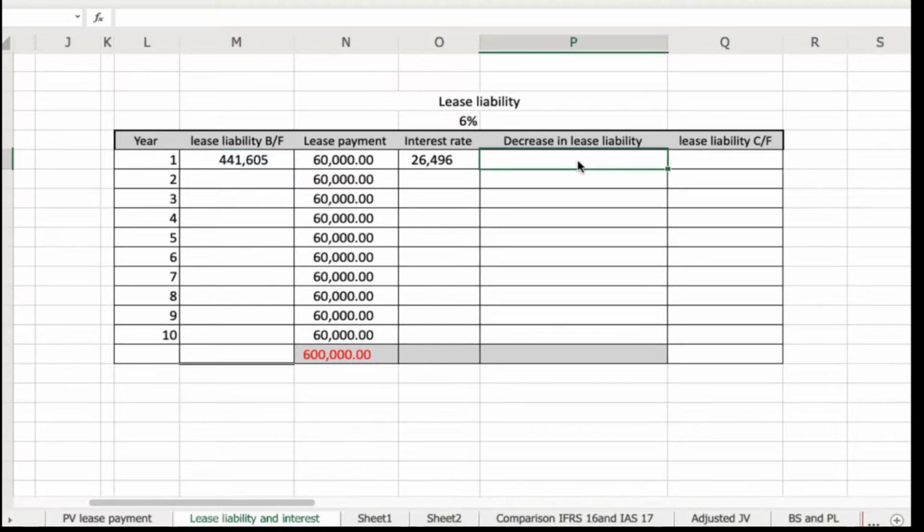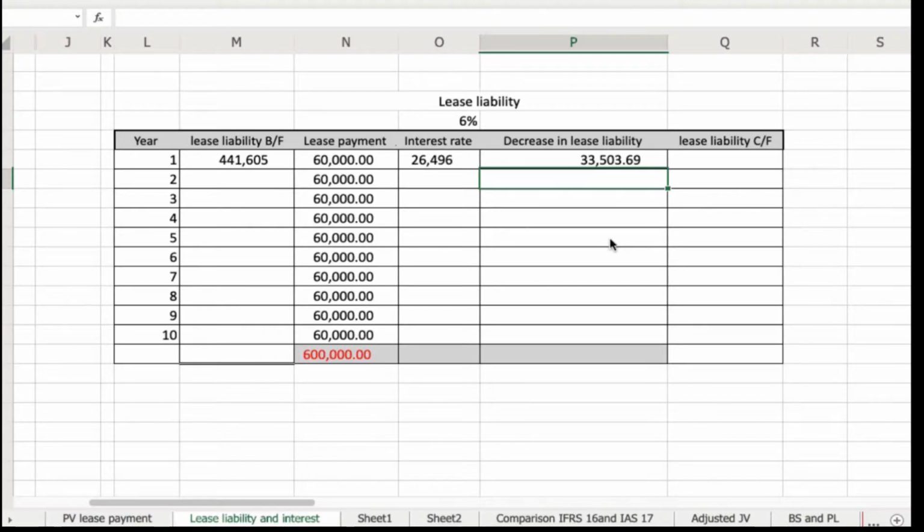Here, in order for us to calculate the decrease in lease liability, it is calculated as the lease payment minus the interest, which gives us 33,